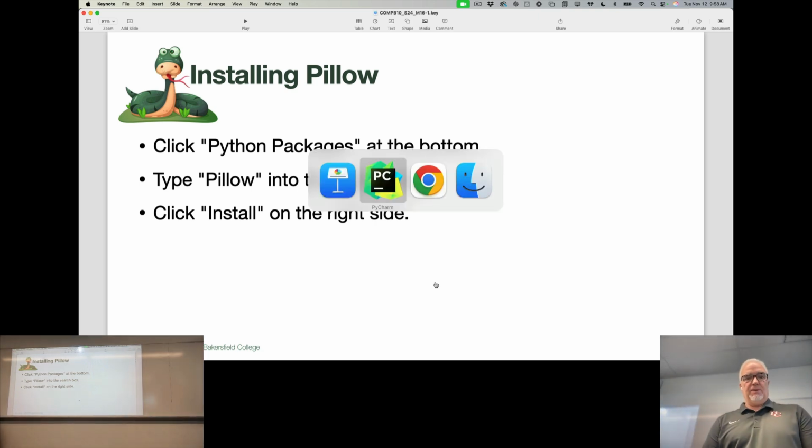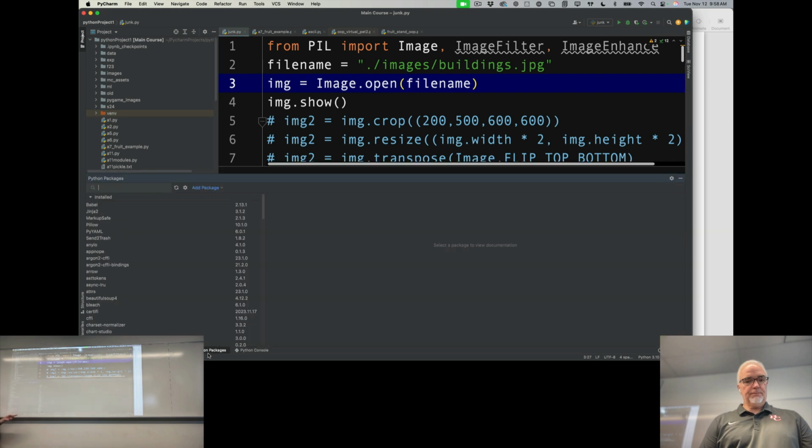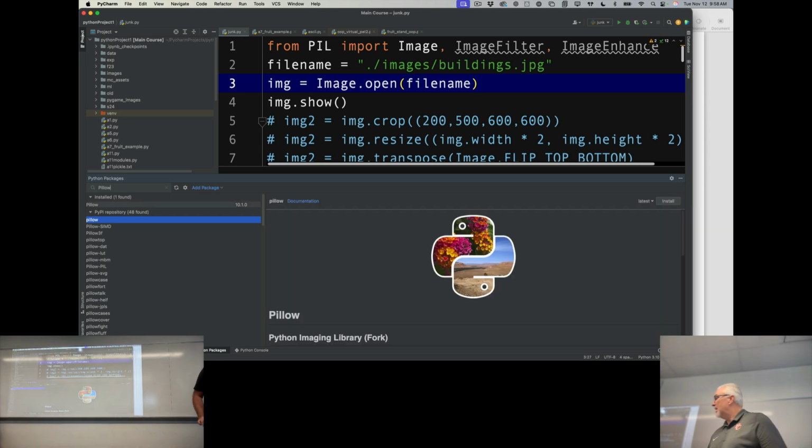Just in case you forgot how to install, I'll show you where I go. Okay, so on mine, the Python packages are down here at the bottom of the screen, and Pillow is what I would type, and I do a capital P. What you're going to see is that there are a whole bunch of ones that start with Pillow, and there's